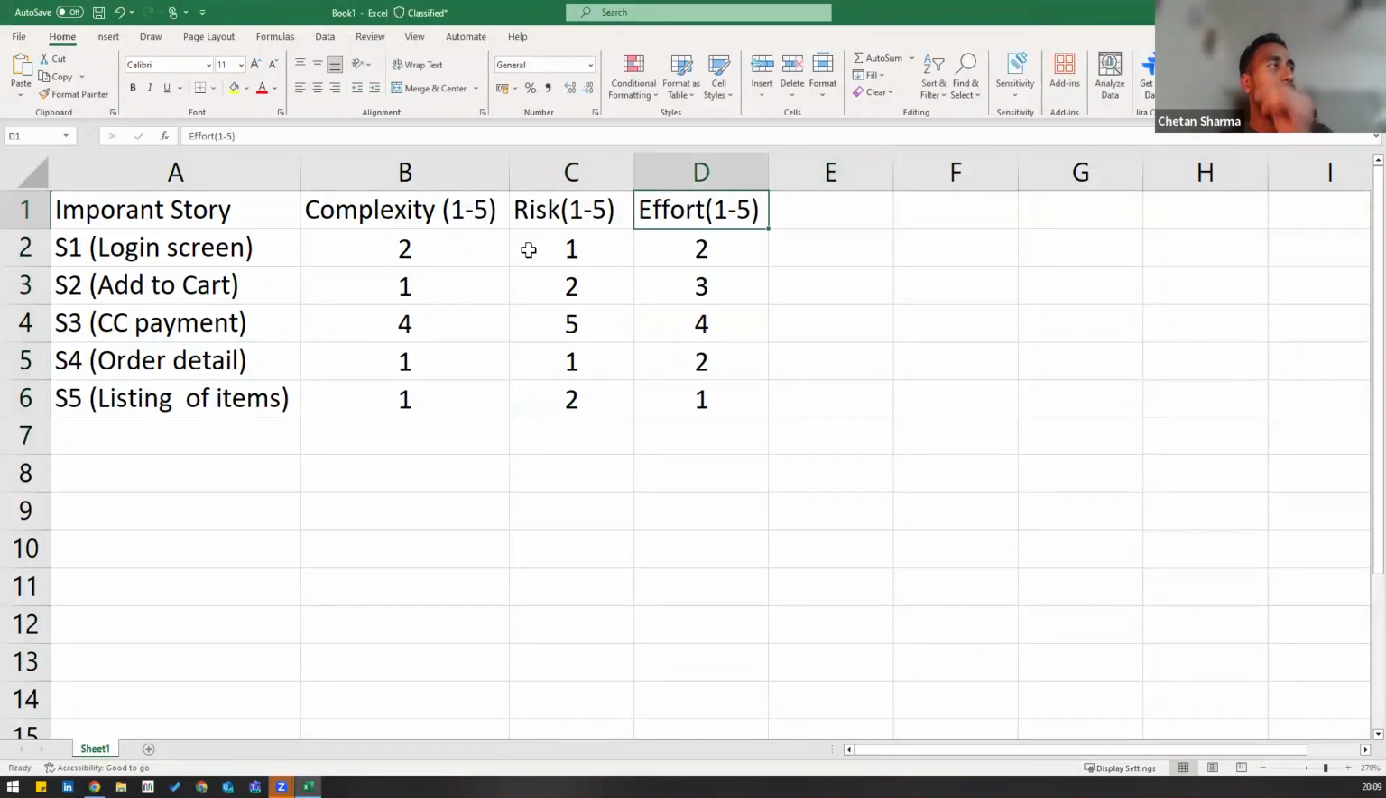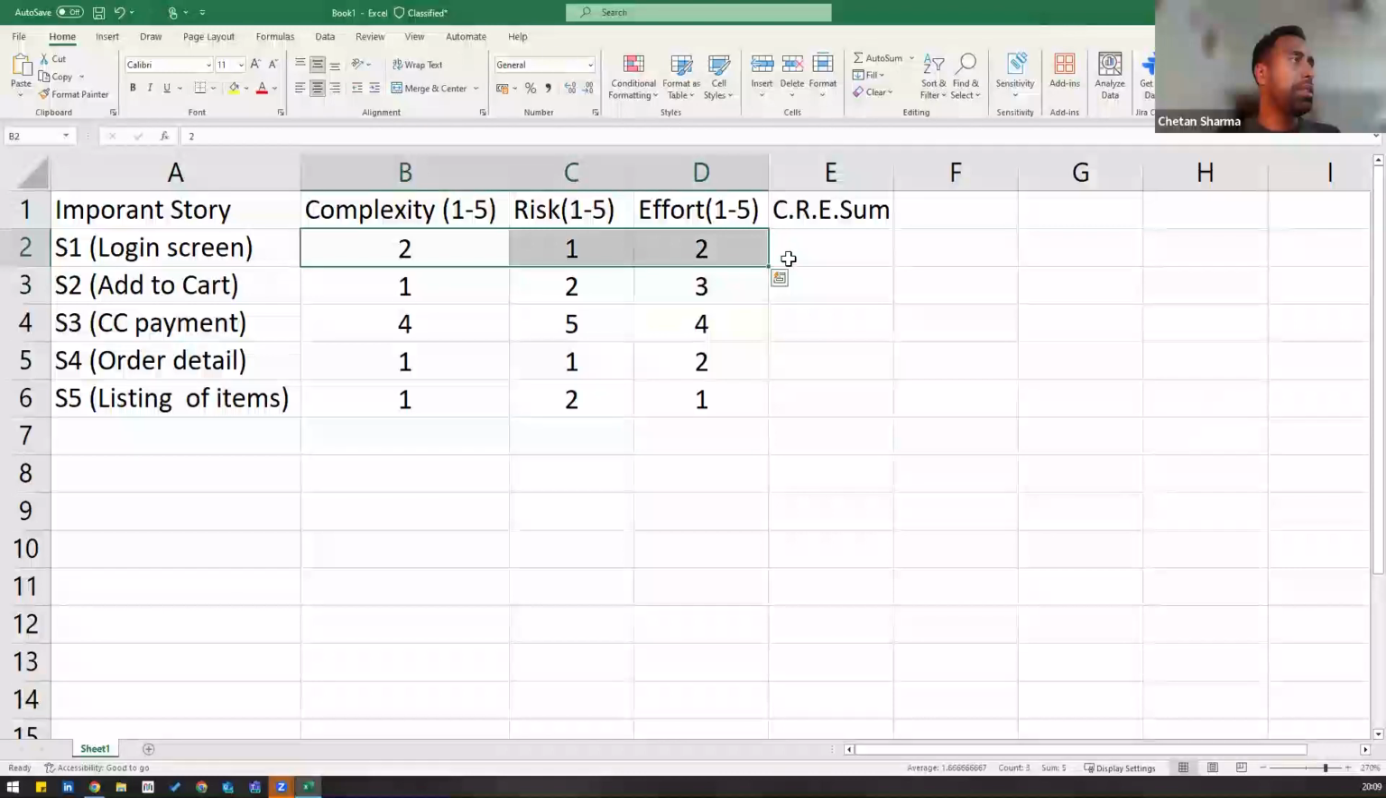So once you get these evaluations of these three, complexity, risk, and effort, then what you have to do is sum the complexity, risk, and effort. Now, what is the sum? The sum here is